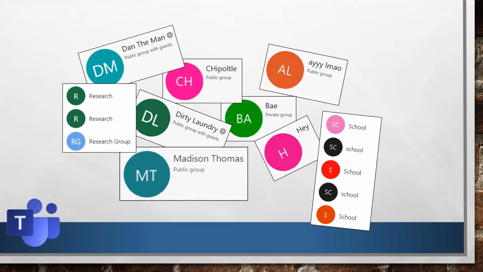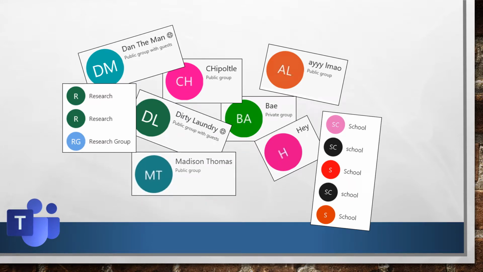If you look at this Madison Thomas group, if you consider maybe that you have a CIO or CEO or some other VIP that has that name, someone could have created that, and then another person may inadvertently send mail to that group thinking they're sending it to a confidential location to a specific person. Now with Teams, back in July, Microsoft changed the way that these appear in the global address